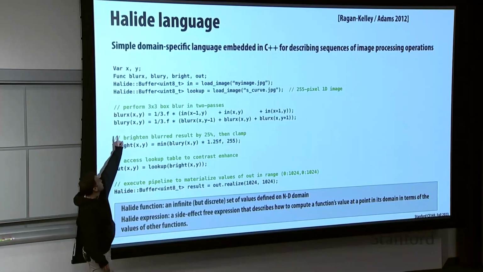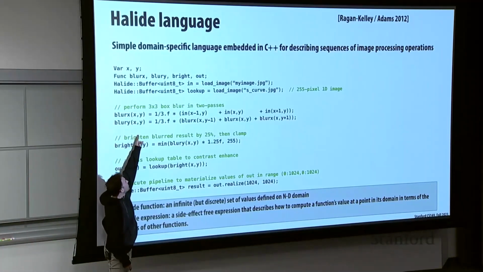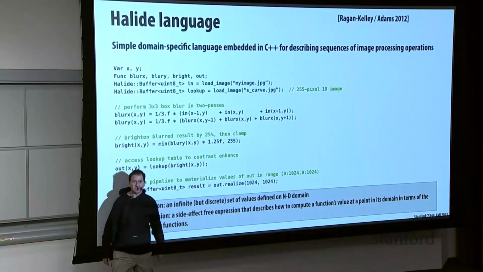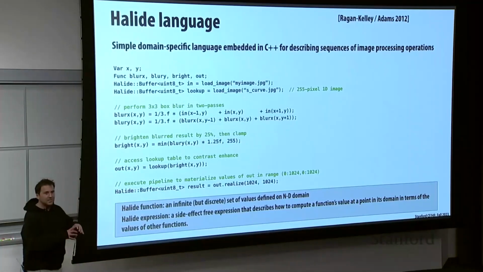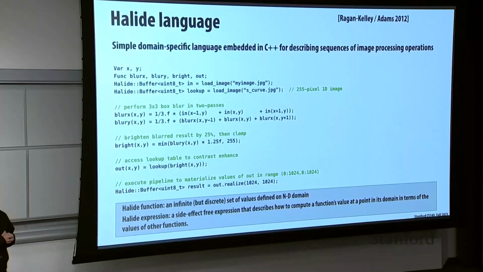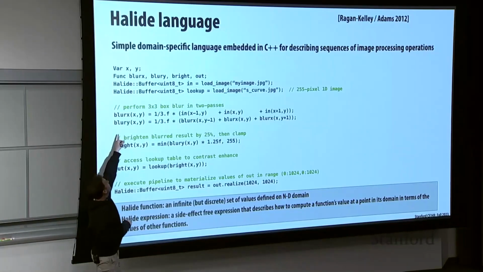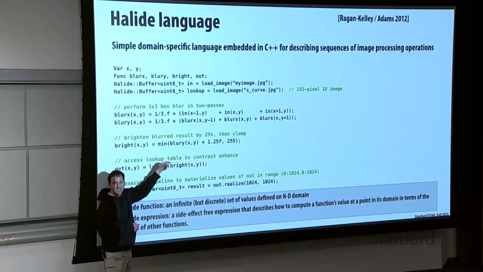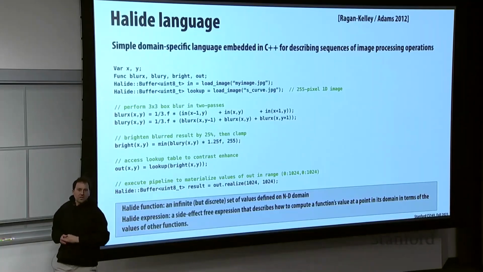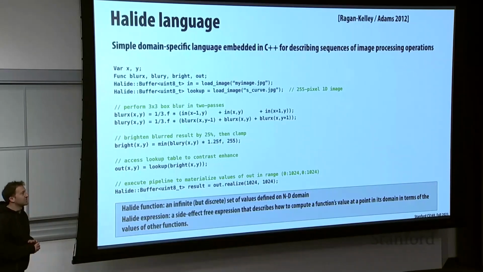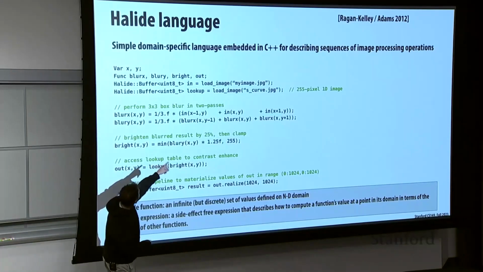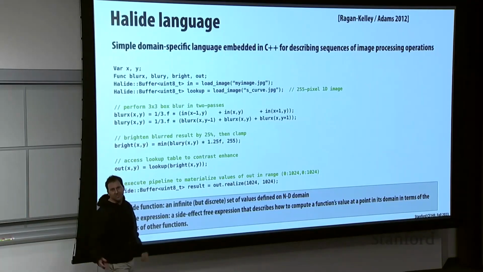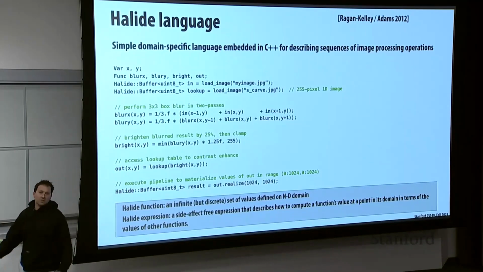And there's another function, blur y, and its value at xy is the average of these blur x values. So I'm building up the expression tree to say, if you want to know the value at blur xy, this is the expression defined in terms of predecessor functions on how you get it. And notice that in is technically a buffer, which basically is a special function that was loaded from the actual